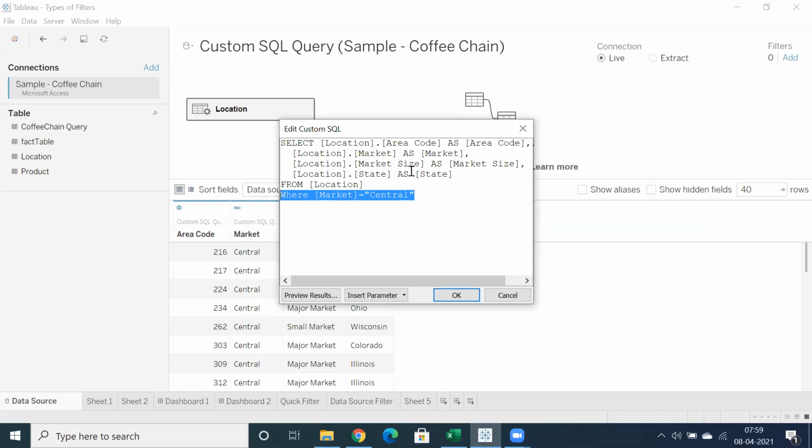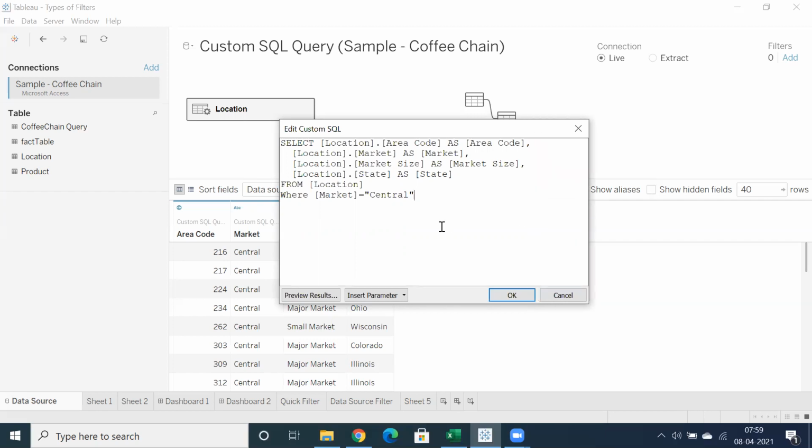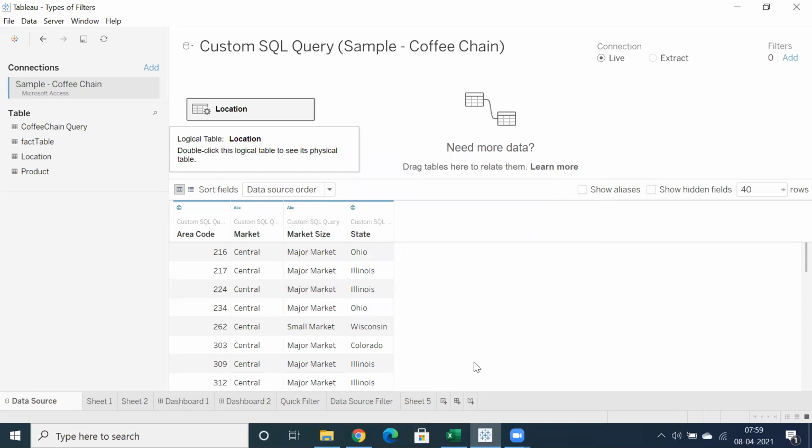Hey, Ramesh, I'm just checking if you have any questions or not. So this SQL can only be found in Microsoft Access data source, or even Excel as well? No, as I said, we don't have convert to custom SQL for Excel. They removed it actually. Initially, we had a legacy connection. Whenever we connect to Excel, we can connect directly, or we can also use the legacy connection.